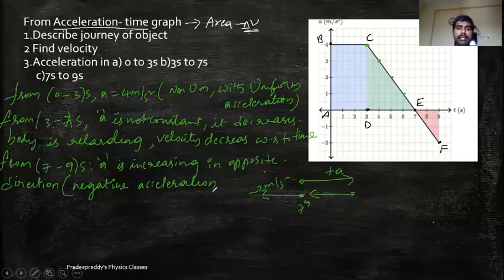Remember, negative acceleration and deceleration both are not the same. Negative acceleration represents that the body is traveling with opposite directional acceleration, whereas retardation represents that the body is traveling in the same direction but its velocity is decreasing with respect to time. Negative acceleration means velocity increases with respect to time but in opposite direction to that of the actual motion of the body, just like how in this figure I have explained. So that is the total description of the journey, and overall it is non-uniform motion.